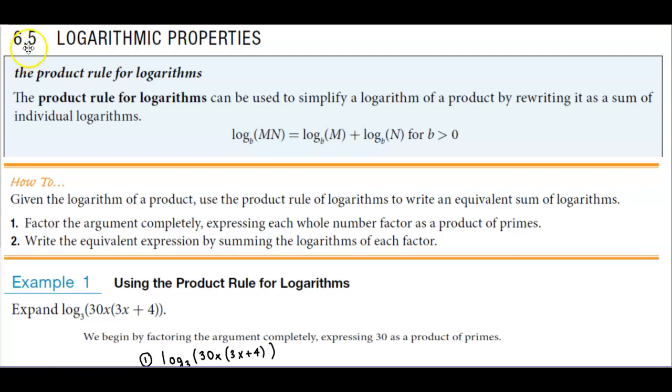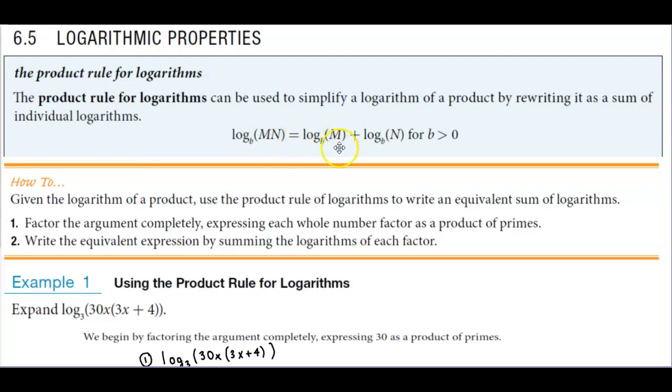In section 6.5, we'll be talking about logarithmic properties. The product rule for logarithms. The product rule for logarithms can be used to simplify a logarithm of a product by rewriting it as a sum of individual logarithms. Here we have the log base b of m times n, which can then equal